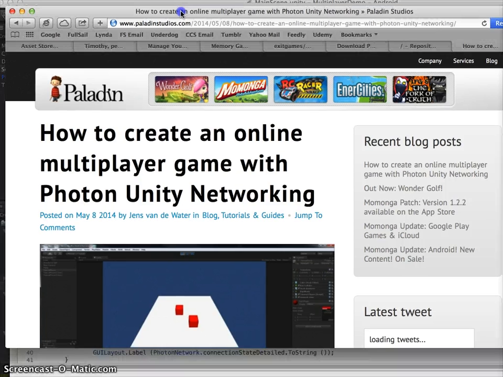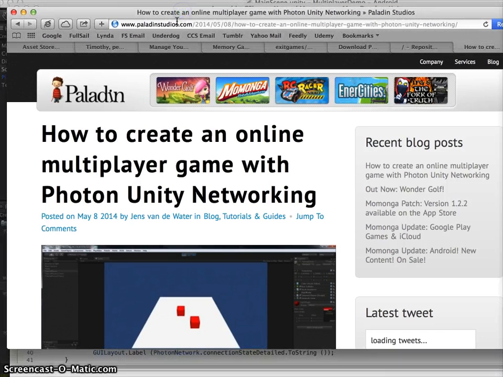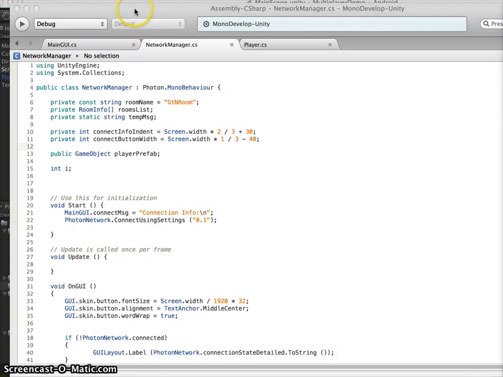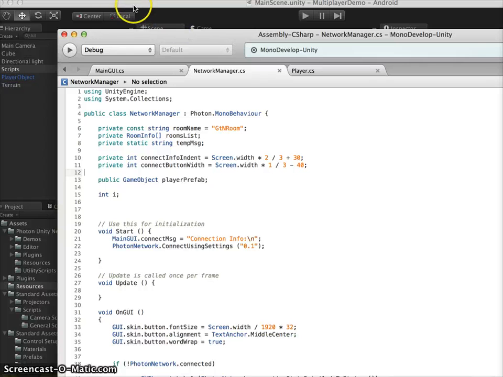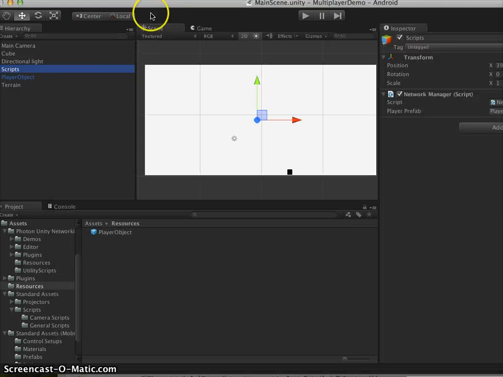First off, I wanted to explain that I learned how to include the multiplayer in Unity from this website, paladinstudios.com, and I'm using what's called the Photon Unity Networking asset that I downloaded from the Unity Asset Store. It's very basic and straightforward. What you need to do for